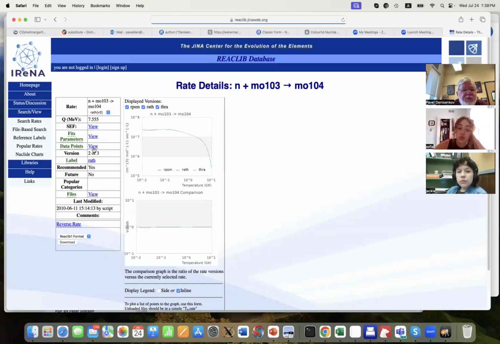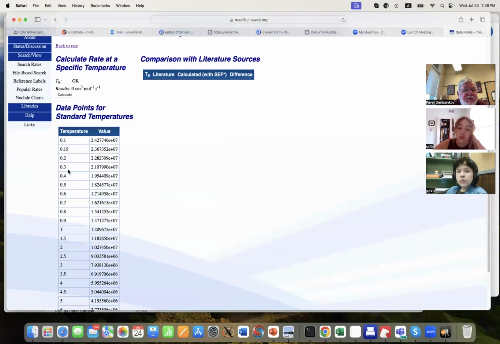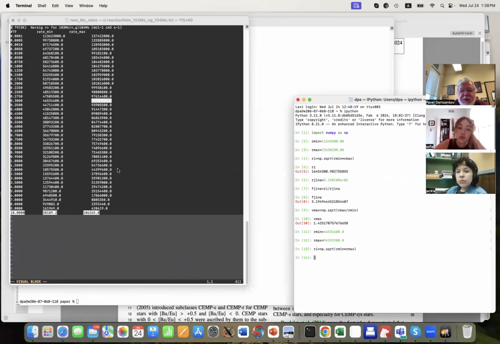This one, the data points table, temperature 0.3. This is FGNA for molybdenum 103. I copy it. So this is FGNA.